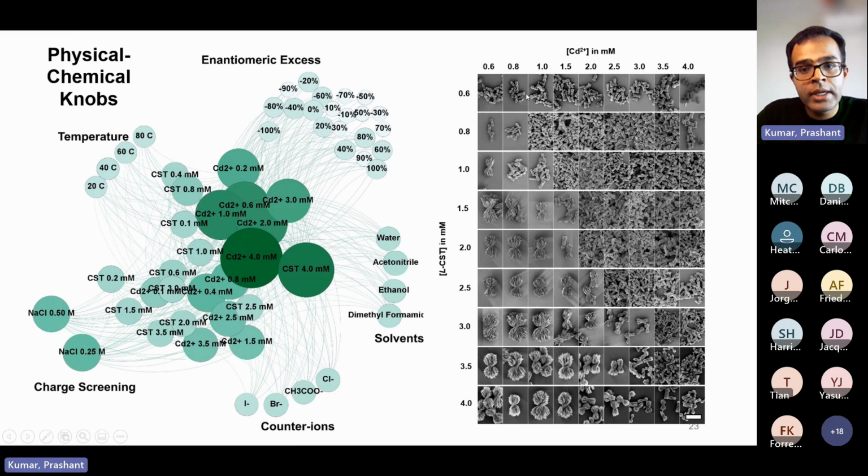So for example, what I'm showing here is a phase diagram where the x-axis is the cadmium ions in the solution and the y-axis is the amount of L-cystine ions in the solution. And you can see as you go along the x-axis, if you look at the bottommost panel, you will see that the size continuously decreases. If you go along the y-axis from the bottom, as you decrease the amount of L-cystine and increase the amount of cadmium, you will see that the size again decreases. So you have a very good control over the size depending on how much cadmium and how much L-cystine you